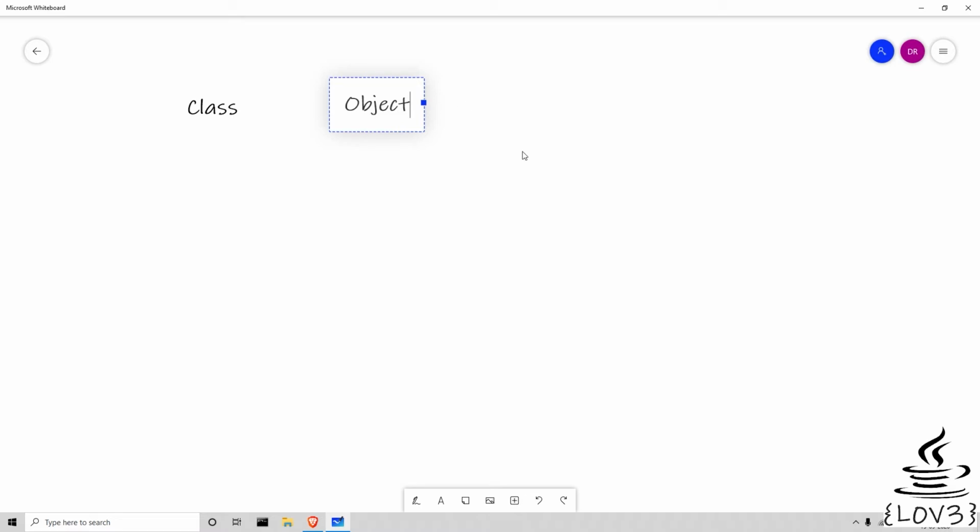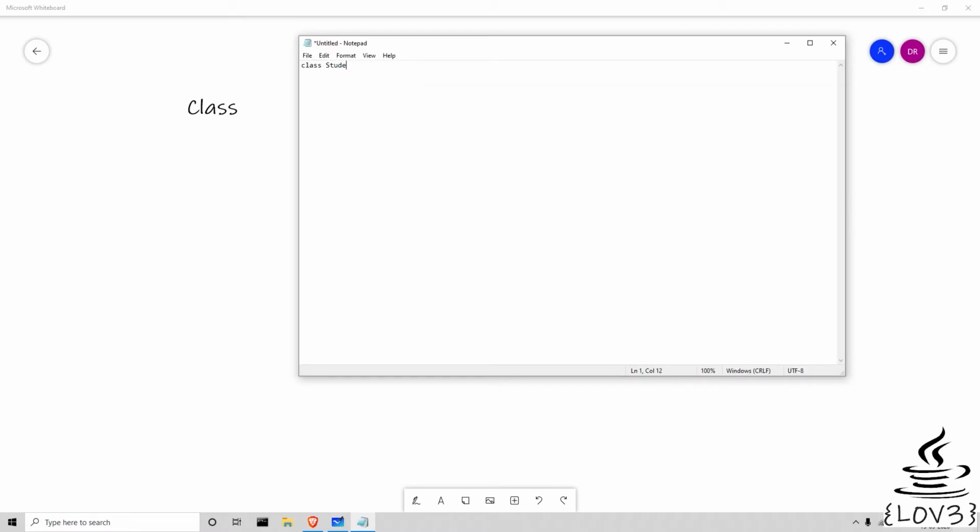Now what is a constructor? Let's say I have a class called student. Let's say the student has a name and then a roll number. These two things are called global variables that can be accessed by any function. Now let's say I define a function. Whenever you want to use this class inside another class, you would create an object of this class. Whenever you create an object, I want you to give a name and a roll number. Otherwise, you can't create an object.